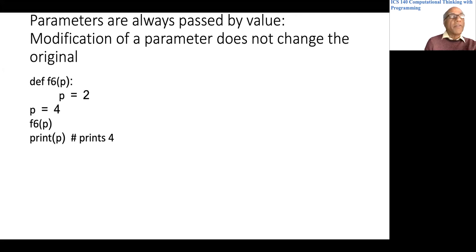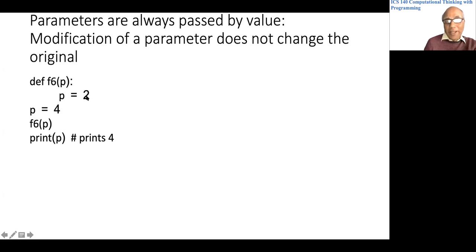So there is no real problem in thinking about it like a local variable. This P is different from the global variable P. It is local to F6. It gets the value 4, but then it immediately changes that P to 2. This is a copy. This P is a copy of the original P. It initially contained 4 because we passed the original value, but then it was immediately changed to 2, something we